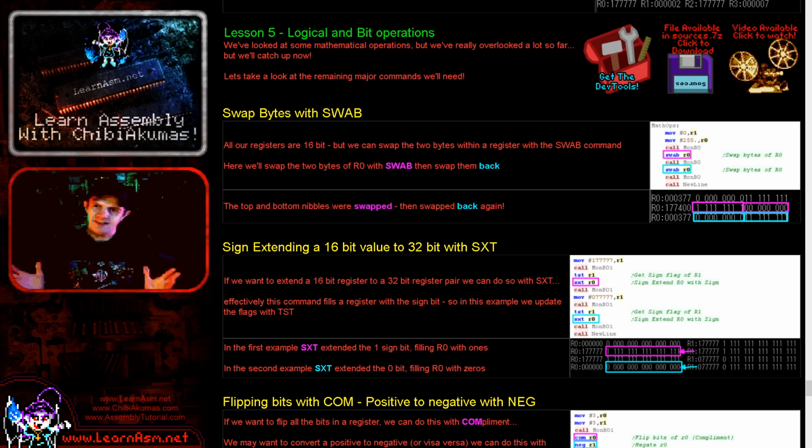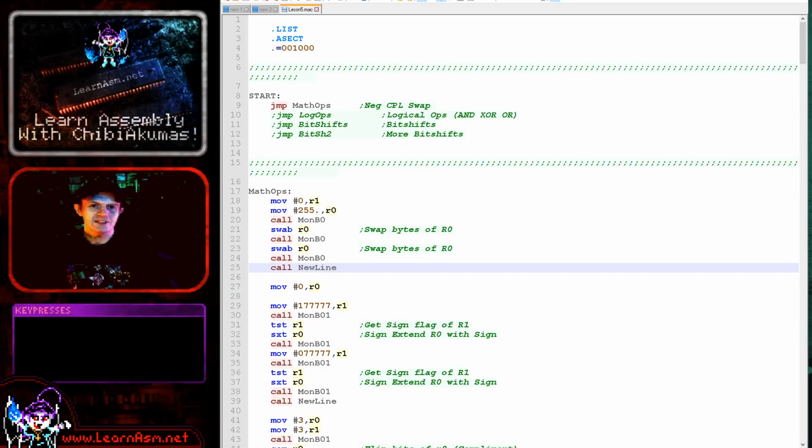So this is the 5th lesson, it's probably going to be the final one, and we're going to be looking at the bit operations, the logical ops, things like that. So we're going to finish off the language, and hopefully we'll see pretty much everything we're going to need to actually do some programming. Okay, well let's get straight over to the source code, and let's see today's examples in